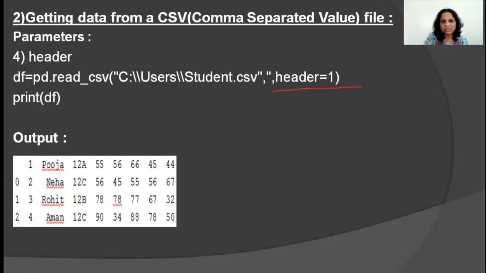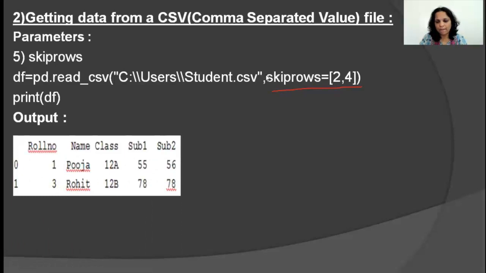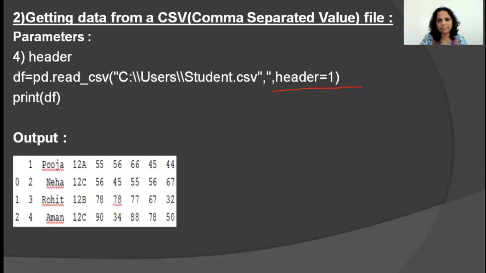Now, I would like to make a slight correction here. This particular quotes and this comma is something extra here. I probably had tried some more parameters in one example. So it's just header is equal to 1. So that double quotes and the comma is an extra element here. Is that clear?